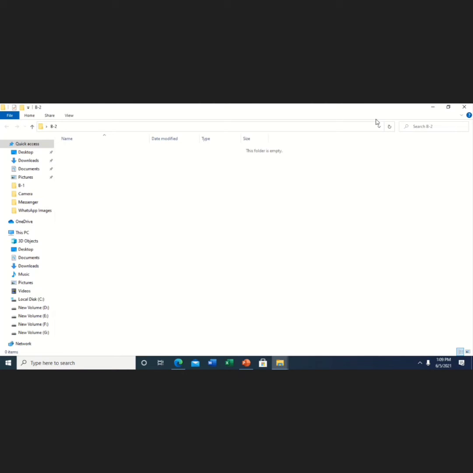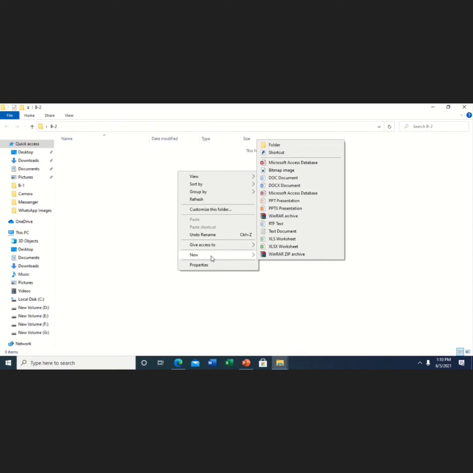Now, I will create a file in the folder. I want to create a Microsoft PowerPoint presentation file at first. Right click on the empty space of the folder. A hanging menu will appear. From there, go to New. Click on the